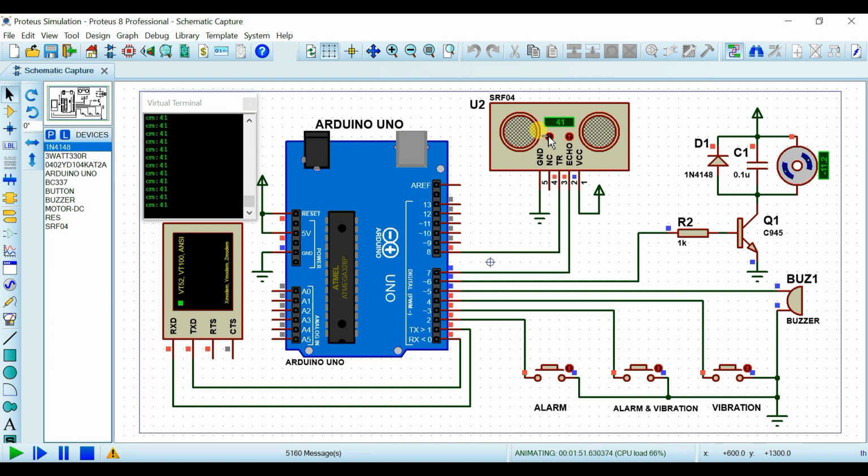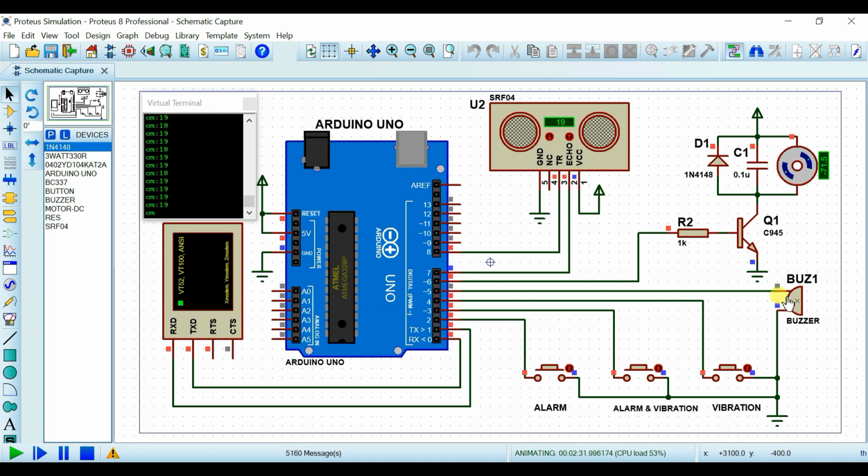Now as distance value is decreasing, value of on time is increasing and value of off time is decreasing. And due to this, vibrator speed and beep speed of buzzer will increase. Now as distance value drops from 20, at this condition both vibrator and beep are on.